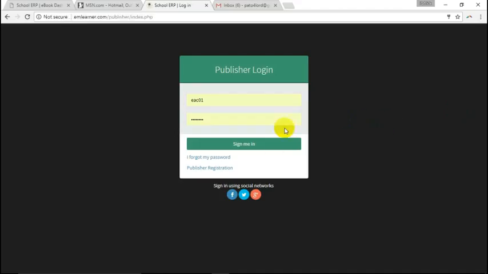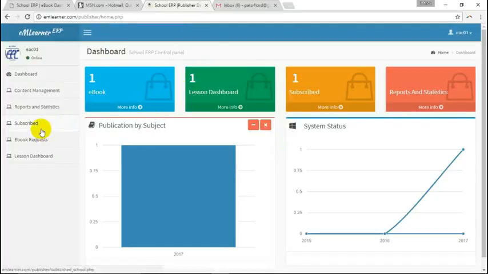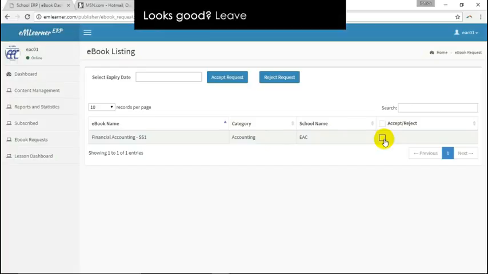We are working on this system right now. Where do we go? We learned yesterday. Where do we go to get to see the request? Ebook request. You see it there? And so after, I don't have to accept. I can accept, and I want to negotiate with the school. That's the school owner. And I receive the text message with the name of the school email. So I begin to negotiate.